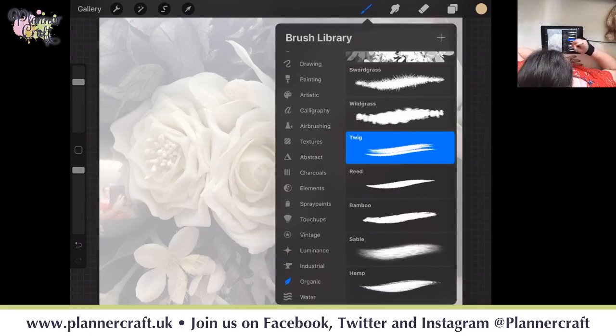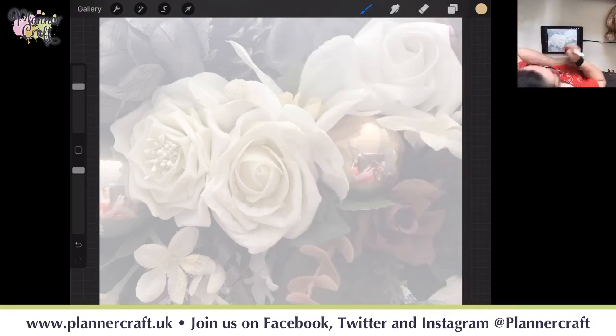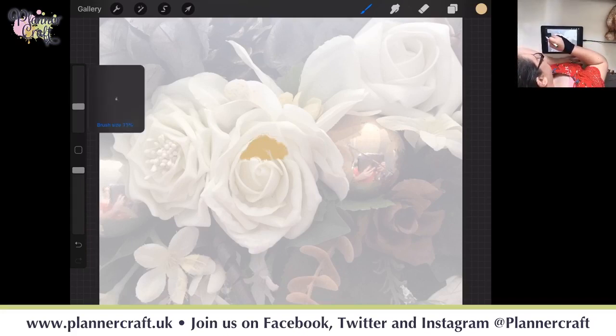Okay, going to go to my brushes. I'm going to click off and then I can actually start to draw in the colour. So I'm just going to try and work in to the deepest areas of the colour. Now I can reduce my brush size,